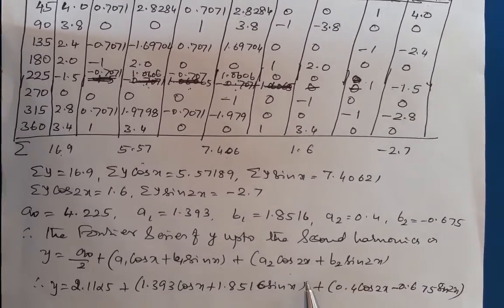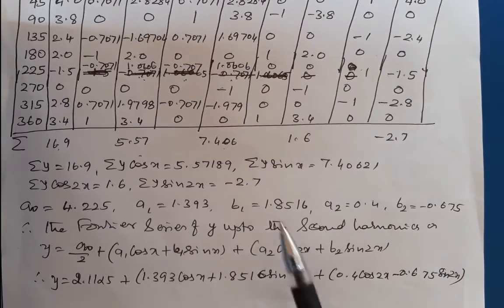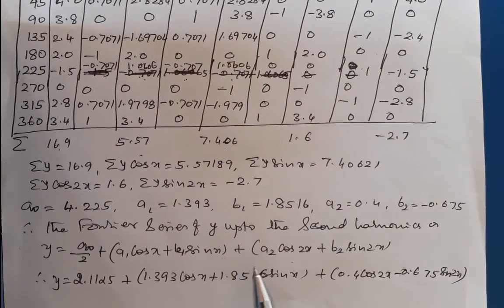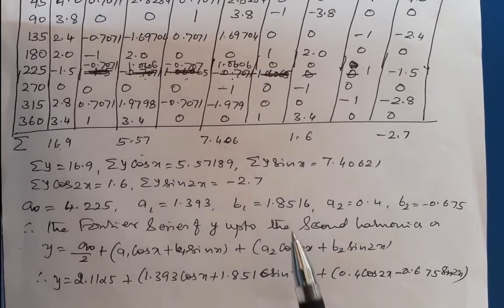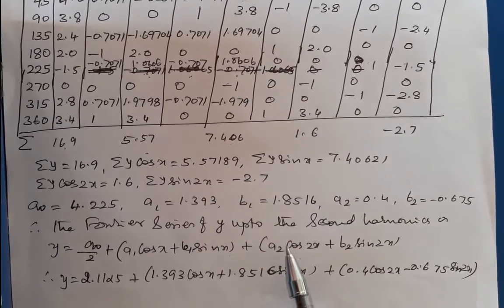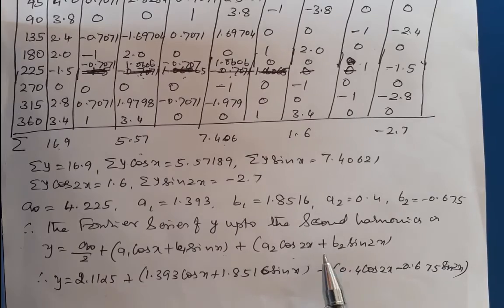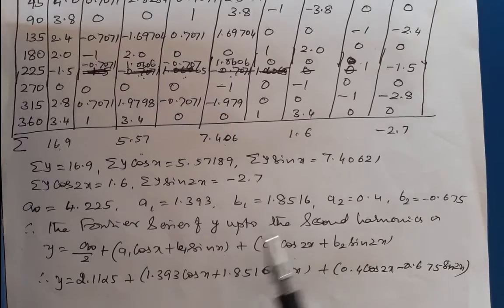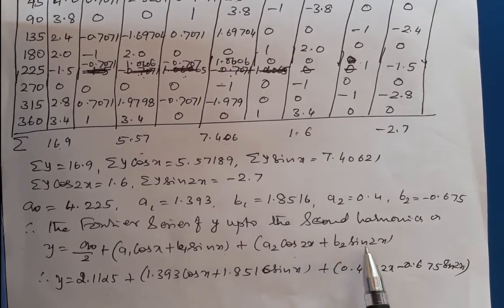Now, my dear students, you can put one question here. We have done so much integration, calculus, whatever it may be, while doing the Fourier series. Then why are we doing this numerical analysis? Keep in mind that at the end of the Fourier series, you are taking summation n equal to 1 to infinity of either an or bn, whatever it may be.